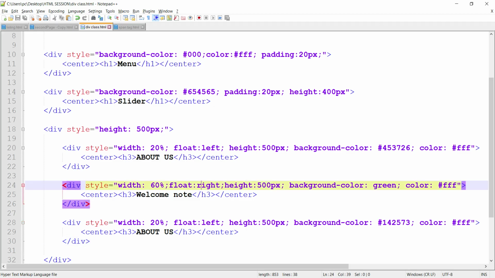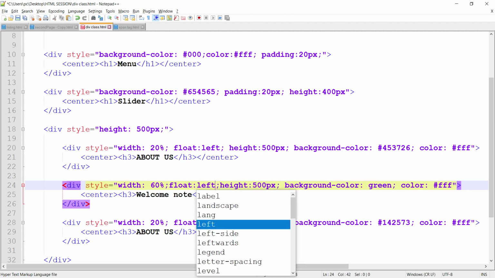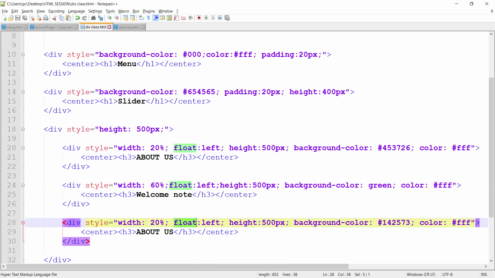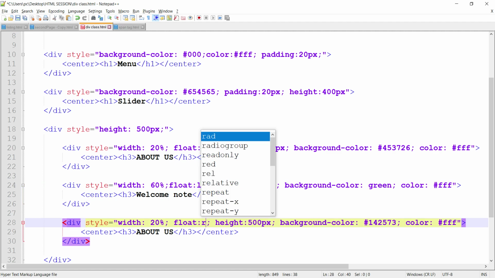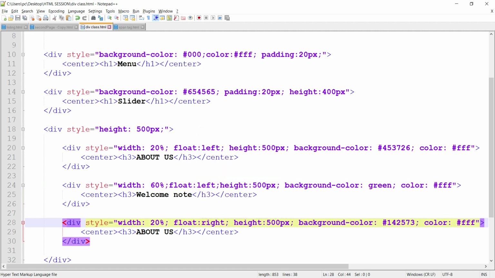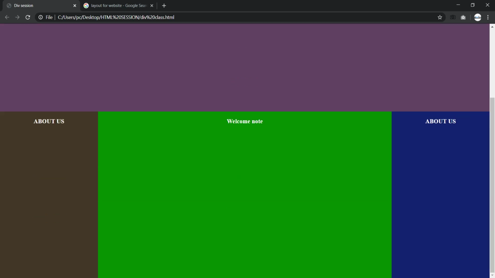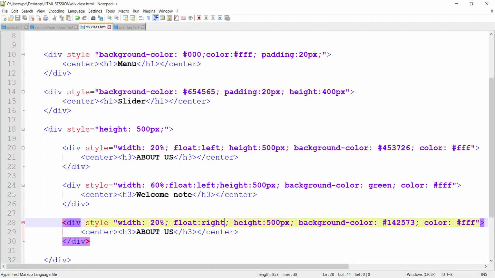If you look at the float here, we have given right, so just make it left. The first two divs by default you have to make left, and the third one you have to make right. Now we are getting this. Great, right guys?